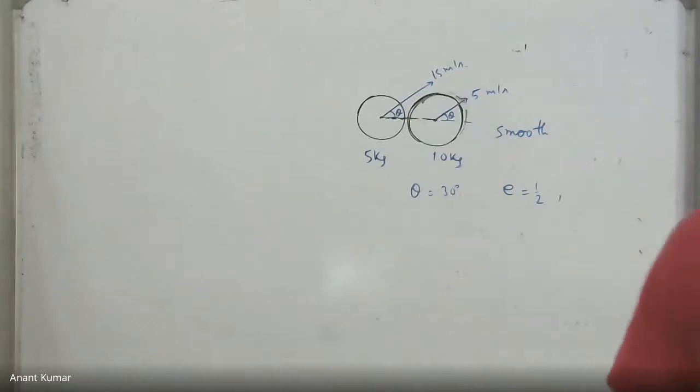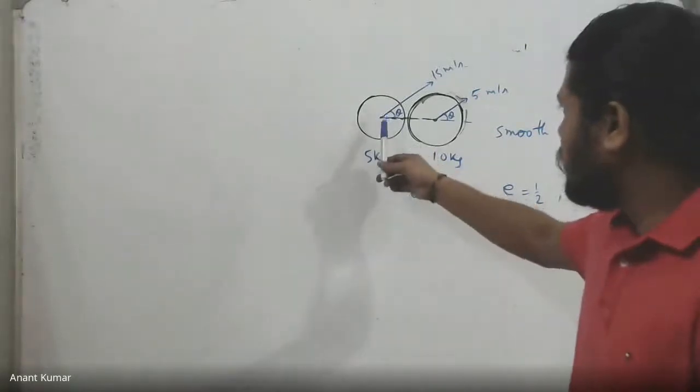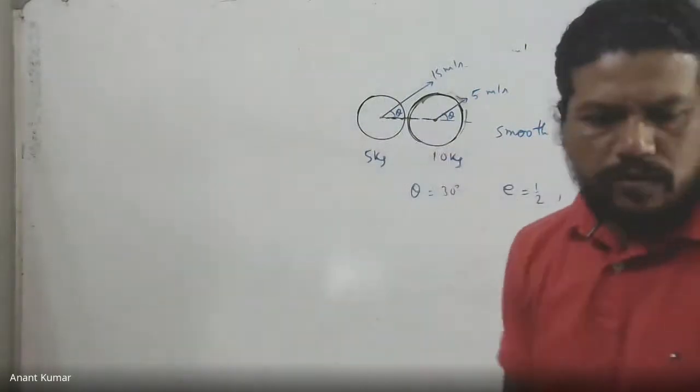Do it. The idea remains the same as I said already. Along the line joining the centers, you can look at the usual one-dimensional collision, while in the perpendicular direction, the velocity remains conserved because there is no friction. So I already know the direction of velocity in this direction, and I know the velocities themselves.